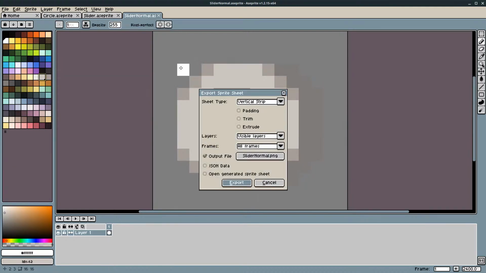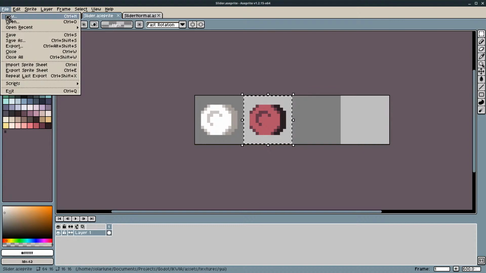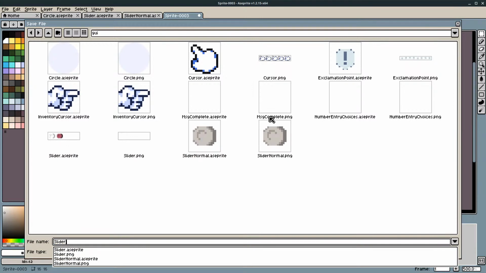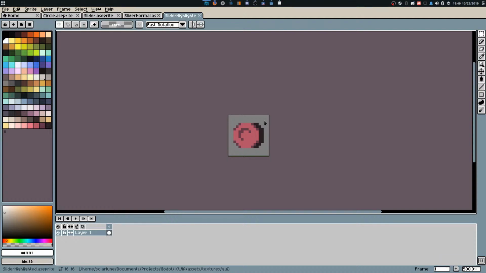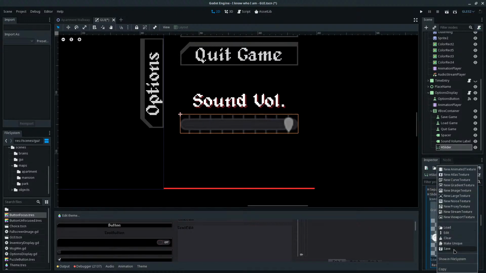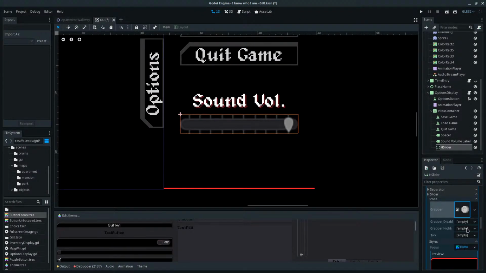There we go. Okay, that's better. Slider highlighted. There we go. Okay, cool. All right, now we can actually do this. So, grabber. I assume this is what they mean by the grabber. Maybe. Let's see. Clear. Load. Slider normal. Load.